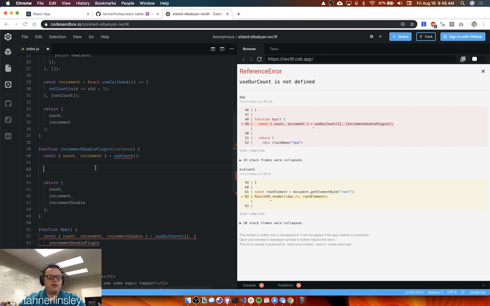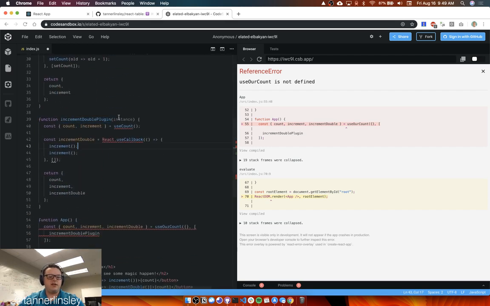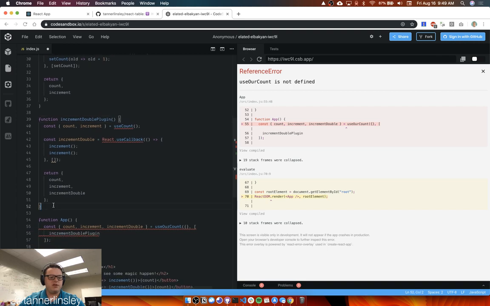Oh wait, we do need that up there. So now this incrementDoublePlugin isn't getting anything per se. It can just be an array, or sorry, an object. So const incrementDouble